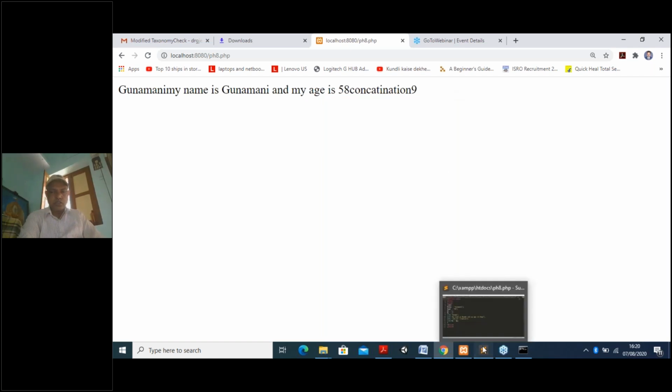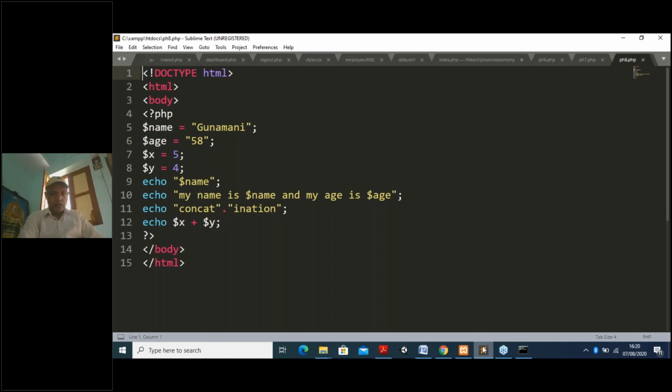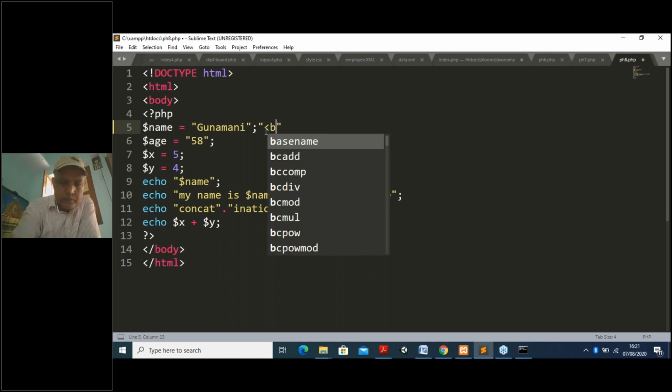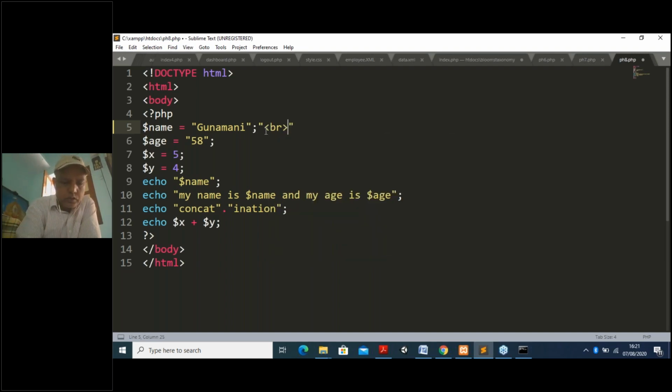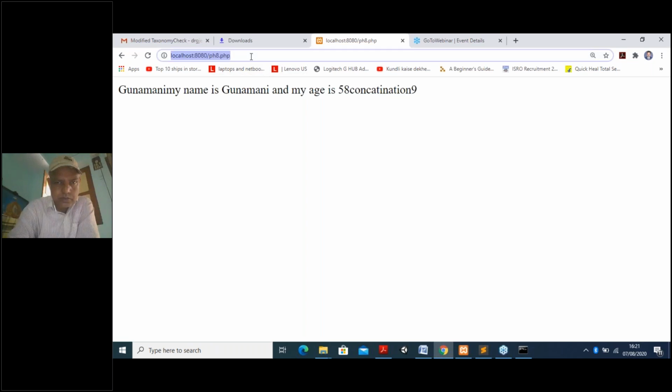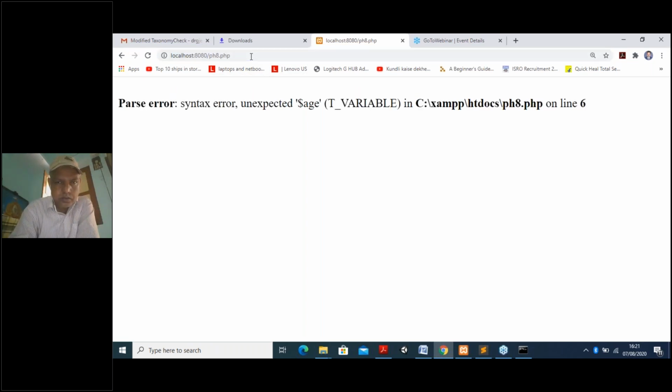Okay, so this is the thing. You can do it here. If you want that, under double quotation, you can put it like this. Shift like this, Control S. Okay, so now let us run this program and see what is happening. So still it is showing some error. What is the error? I have to check it there.